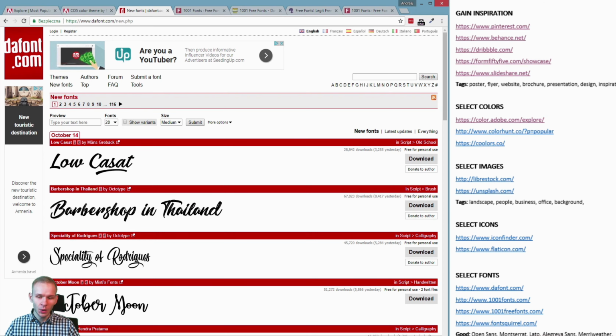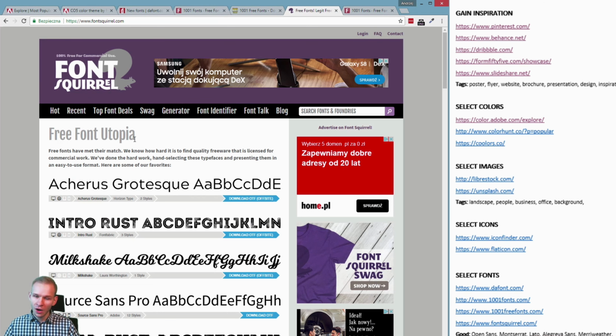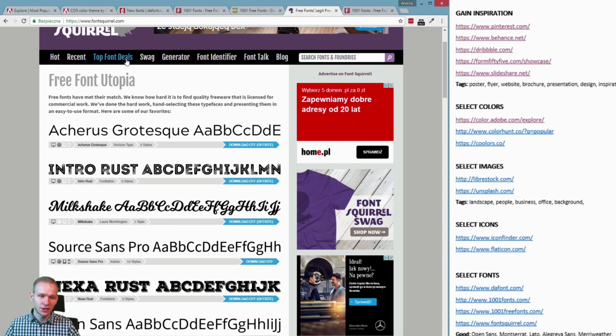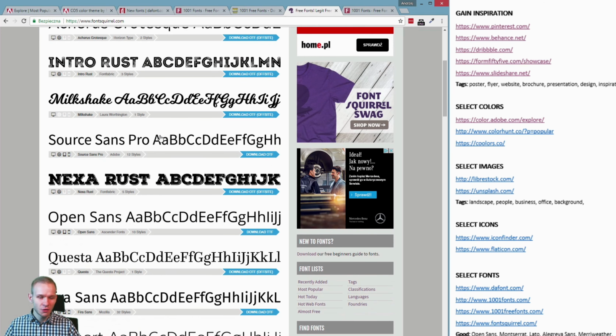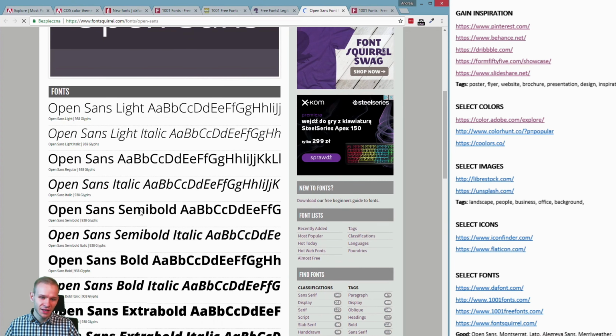I think I don't have to show you those websites, but I will go over them. dafont.com, 1001 Fonts, 1001 Free Fonts, and Font Squirrel. All of those websites accumulate plenty of fonts, and you don't have to search so much because you have a top list, the recent and the hot fonts, and some safe fonts, which will always be good. For example, one of those fonts is definitely Open Sans. And what's even better about this font, it's a font family, and you have light, italic, semi-bold, bold,